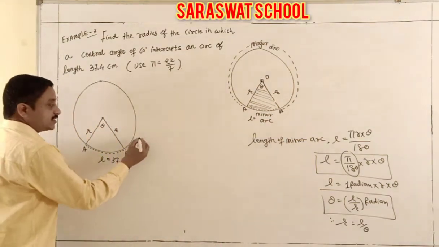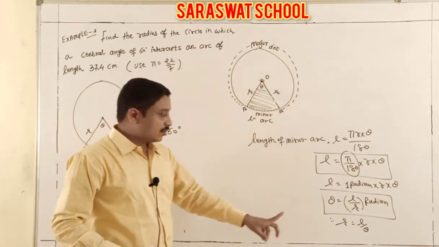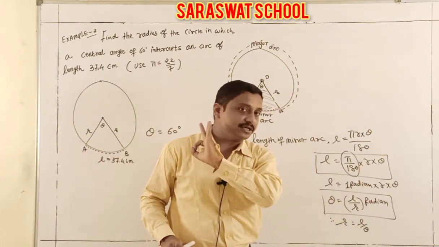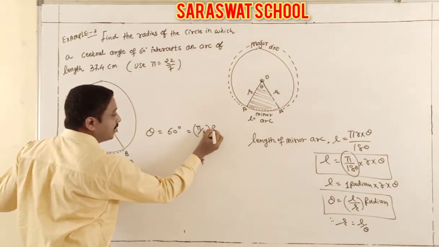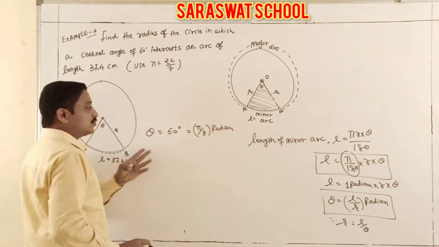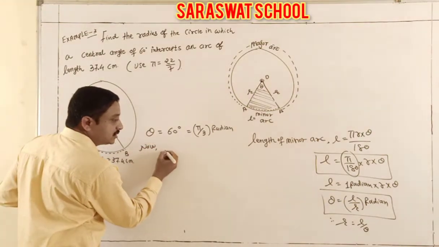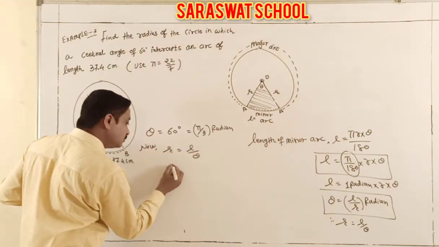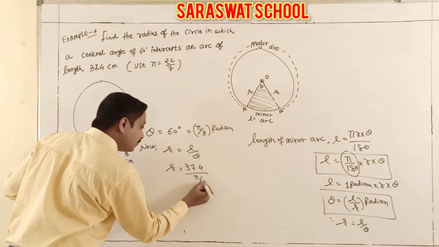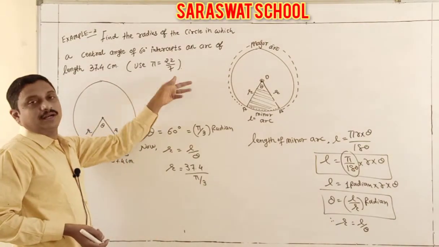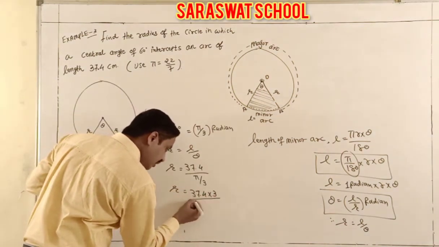Yes, this property directly uses r and l. So, theta is given in degrees, how many? 60 degree. Students, I told you, theta is always taken in radian measure. So here 60 degree converted to radian is what? Pi by 3 radian, because 180 by 3 is 60 degree. Now our property is r equal to l by theta. What is l? 37.4. Theta is pi by 3. But now students, pi is already given in the question as 22 by 7. So my answer is 37.4 into 3 upon pi.